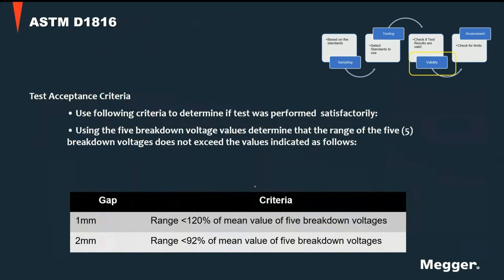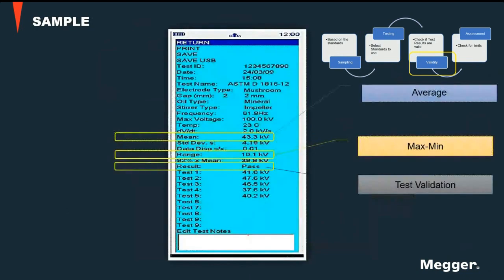The 1816, as I've said, uses 1 millimeter gap. If you are using 1 millimeter gap, then the range must be less than 120% of the average value of 5 breakdowns. If you are using 2 millimeter gap, the range must be less than 92% of the mean value of 5 breakdown voltages. So in this example here, okay, as you can see, we are using the 1816,